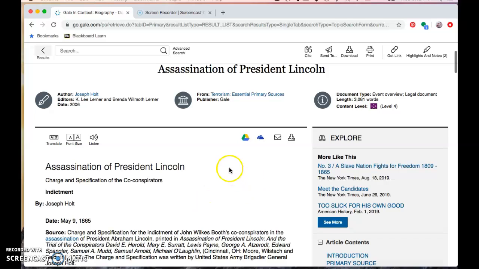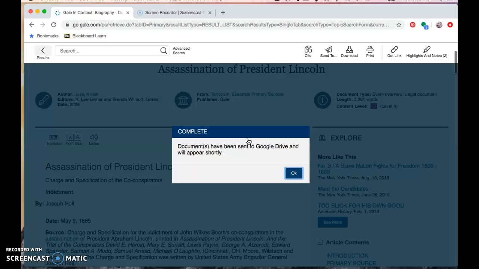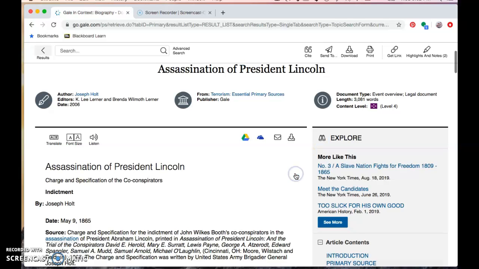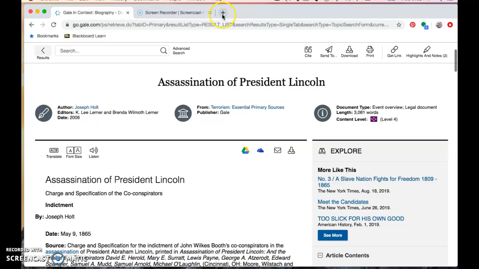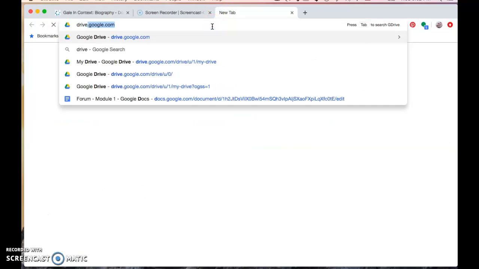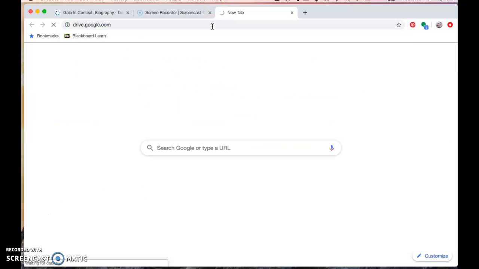What I do go to regularly is my Google Drive. So I'm going to click on this Google Drive icon right here, and it tells me that it has been sent to my Google Drive, and I say okay. So if I were to go to my drive,